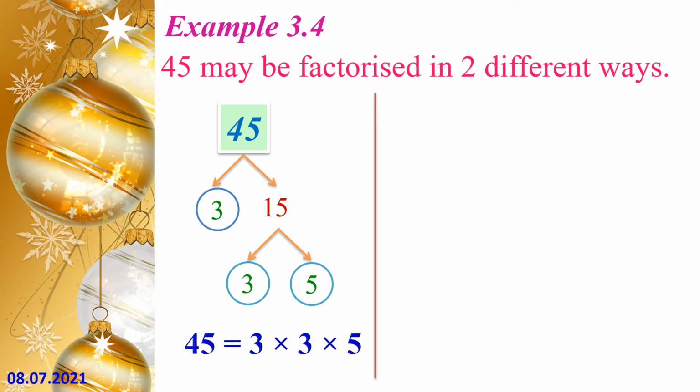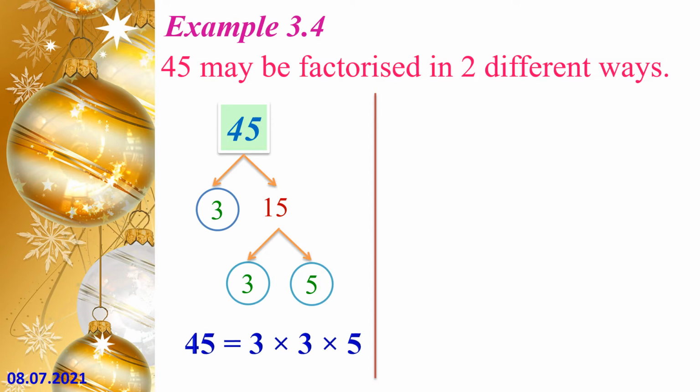Let us see the second method, the division method. Here we have to follow 4 steps. The first one: look for the smallest prime number that completely divides the number. Write the quotient just below the number. The second one: look for the smallest prime number that completely divides the quotient obtained. Third one: repeat step 2 until the quotient becomes 1. The fourth one: the prime factorization of the number is obtained by the product of all divisors.